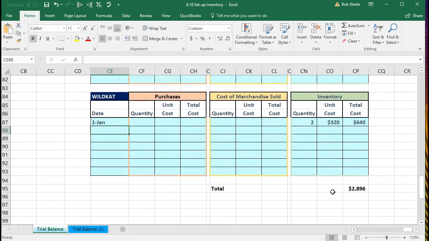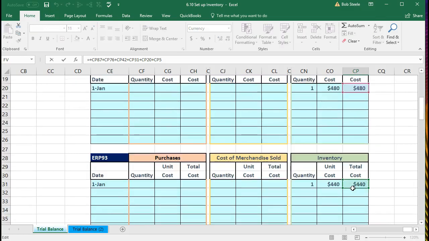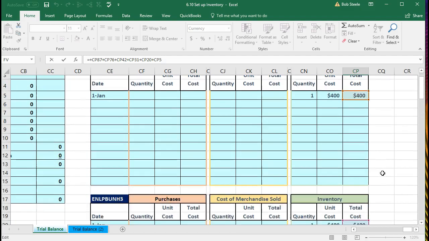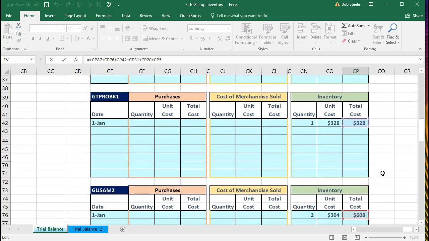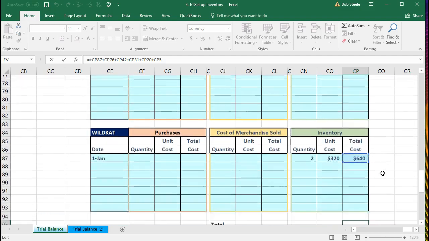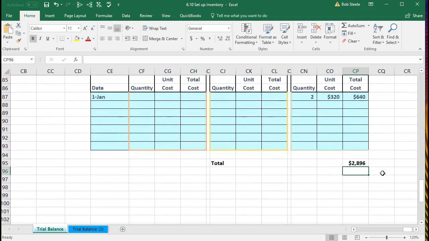640. So the total here is going to populate for us automatically with this first worksheet. We're going to have to adjust that as we go. But if we double click on the total, all it's doing is taking each of these cells. We can see the highlighted cells, 400, 480, the 440, the 328, the 608, the 640, providing us with